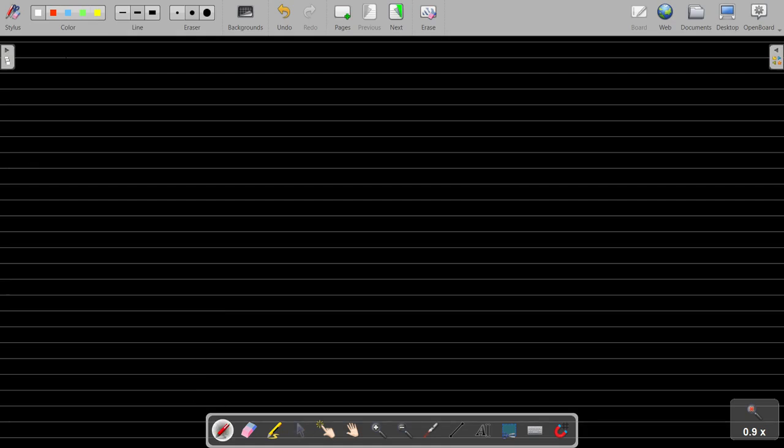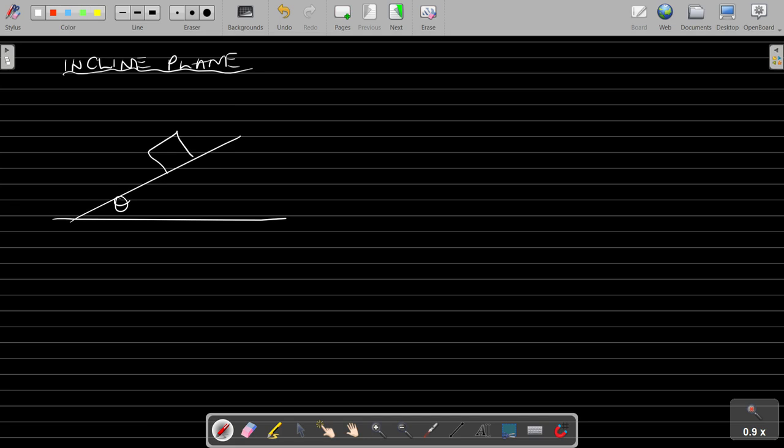So on an inclined plane, we have our object in this regard. So here's our flat surface, incline. In this case, weight typically always acts downwards, but because of the nature of things in regards to reality, we